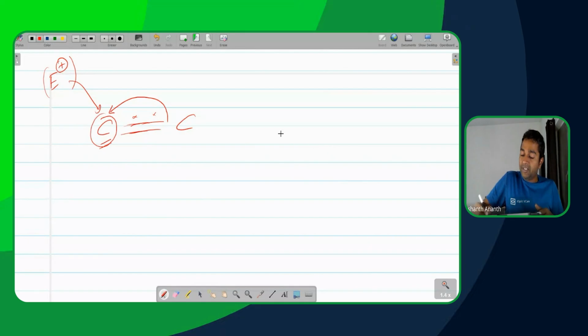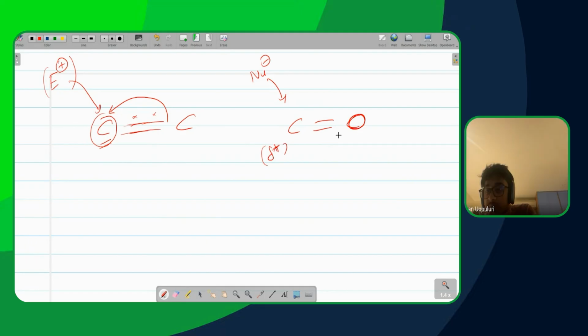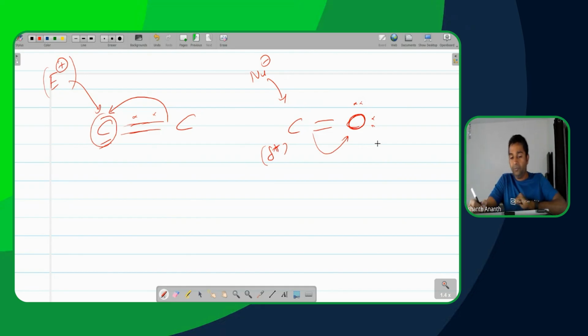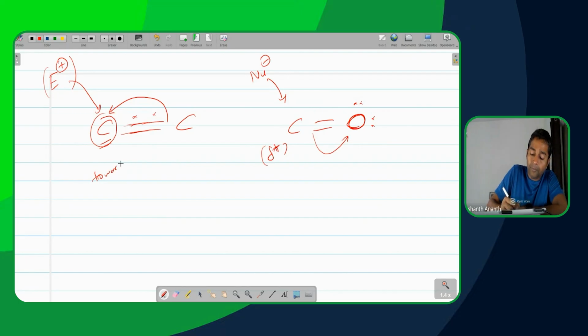In this particular case, if a nucleophile targets it, a nucleophile will never target something like this, but it will target it like this. If a carbon and an oxygen are present, this carbon will have a high delta plus. It wants to get positive. So when a nucleophile is targeting this, the pi cloud will shift away from the attacking fellow. This shift, where it is shifting towards the attacker,